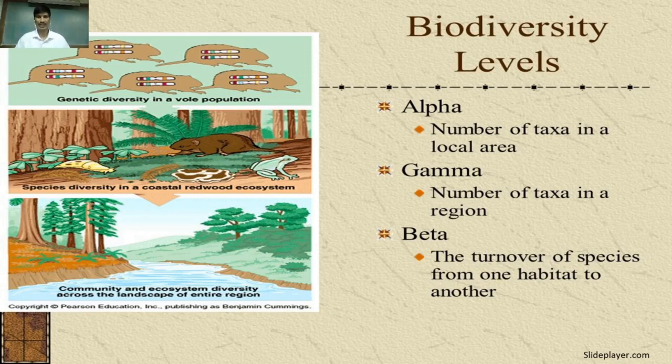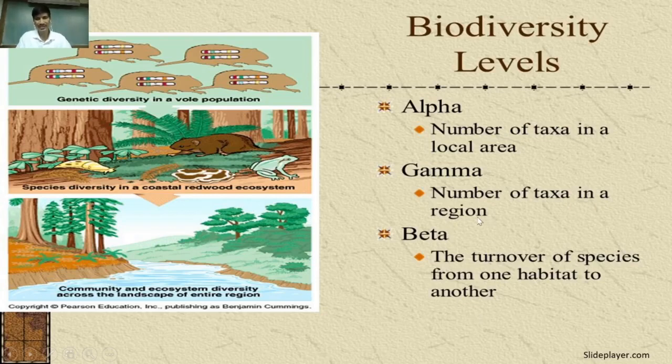Here is the alpha taxonomy with the number of taxa. We go through these pictures to give the idea. The first pictorial presentation gives the idea of alpha taxonomy. In alpha taxonomy, in that area, we only study a single species, locally. This is known as the alpha taxonomy. Then the beta taxonomy. In the middle picture, in that area we go through different types of species arrangement, or collect and study different species in that area. This is known as beta taxonomy.